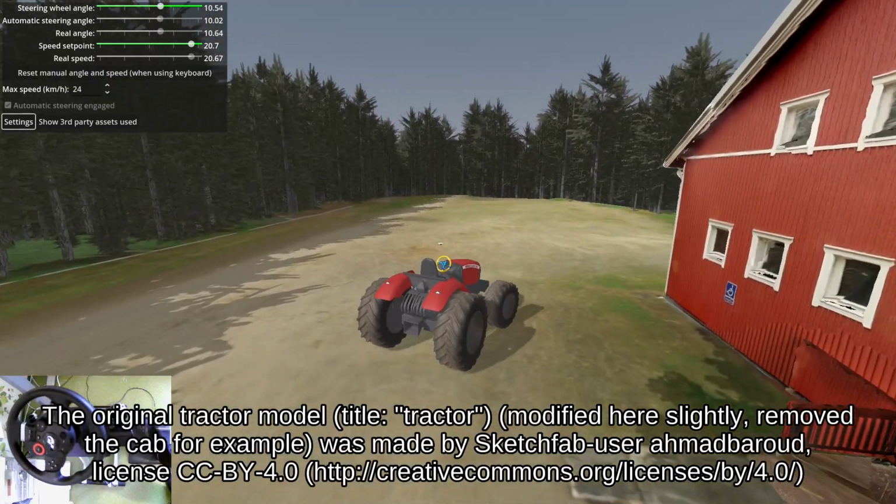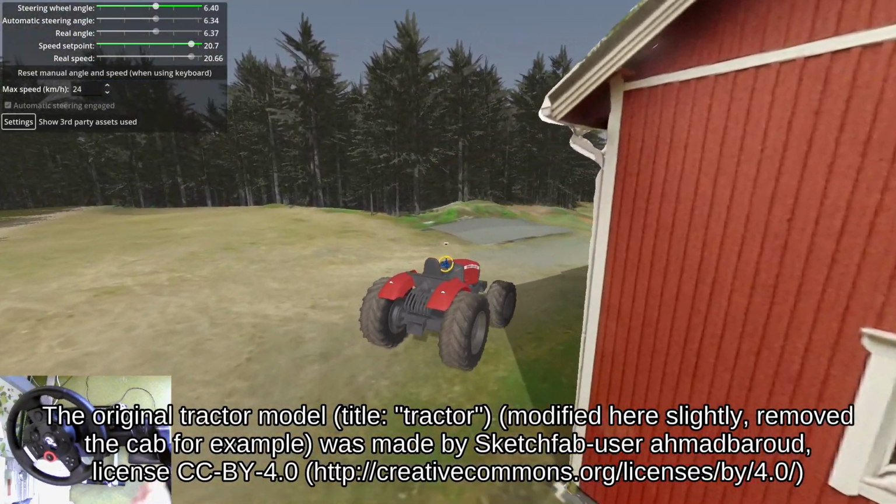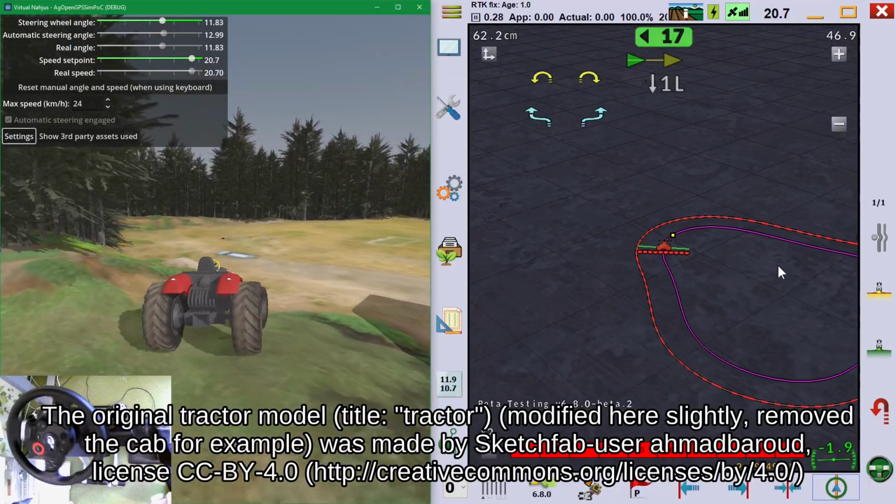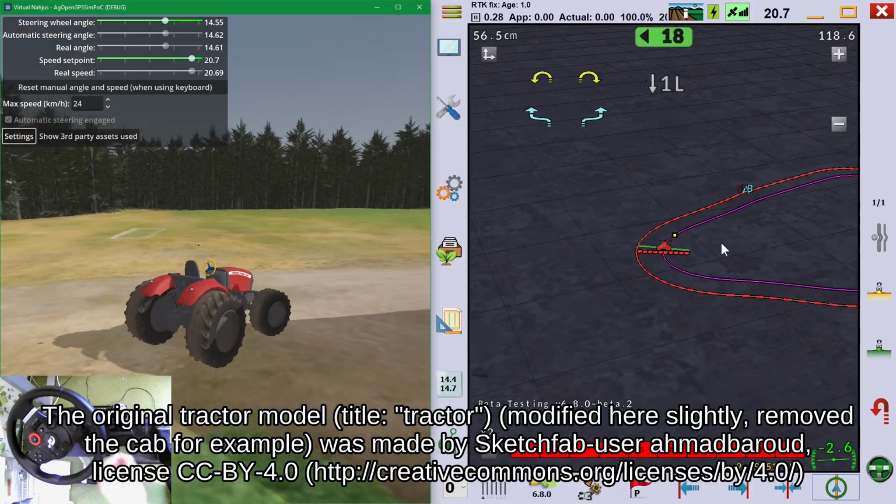This tractor is currently driving around this building, steered by this OpenGPS automatic steering software.